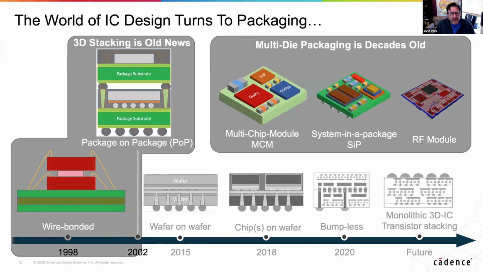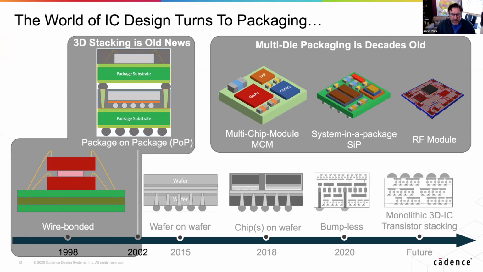So what's happening? People are looking, and it's not the first time. The chip design world, the ASIC SoC design world, is now looking to packaging to figure out a way around the fact that Moore's law is starting to die out. It makes a lot of sense to look to the world of packaging because some things aren't new, as I mentioned. Multi-die packaging across different technologies and across different nodes, we've been doing that for several decades now. So the package design community is very comfortable in that world of heterogeneous integration,